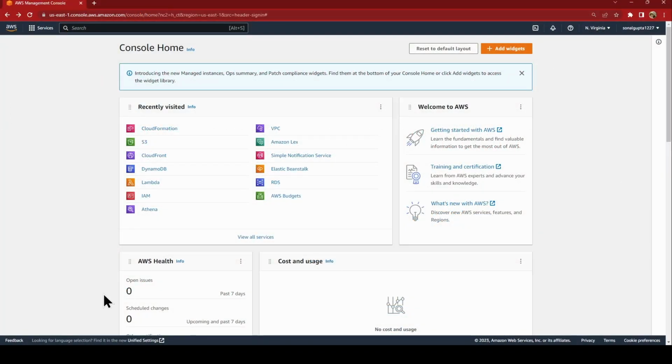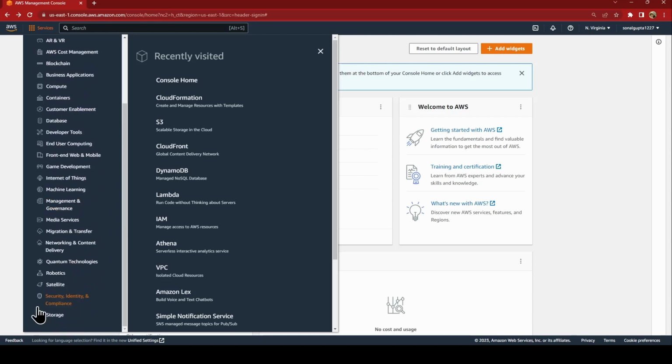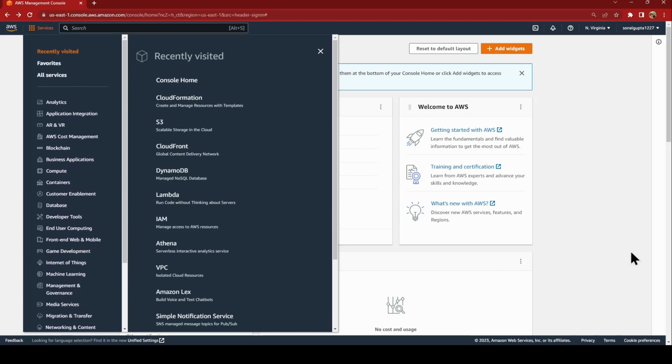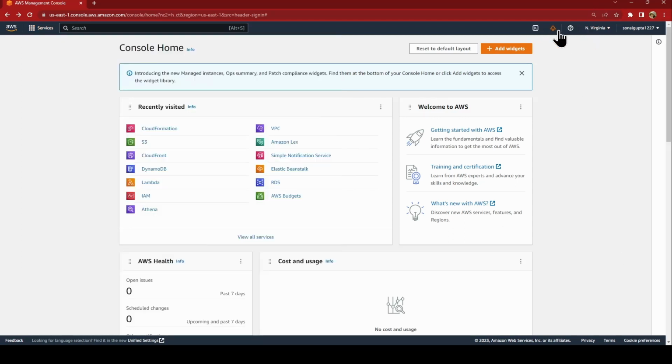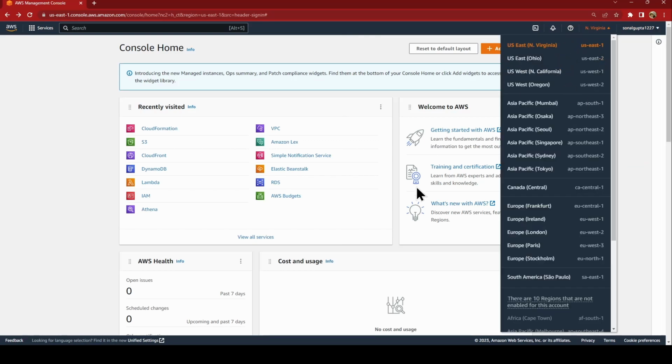So here we are in our AWS Management Console. I'll put the link in the description box below. So you can check out all the services from here, what are available, what all these services do, the points which are necessary for the Developer Associate course we'll be covering. Okay, and here you have your username and your account details and all, and then the region in which you are,